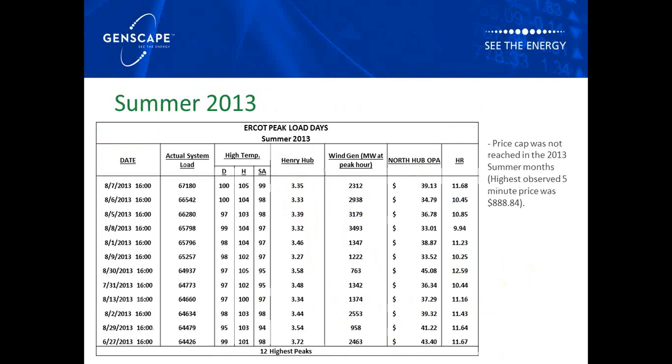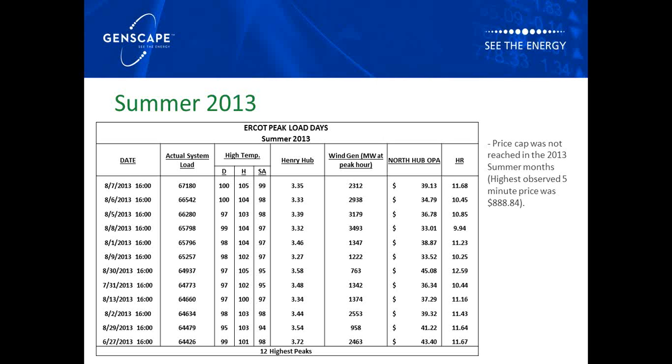So these were the top 12 peak load days of 2013. You can see 10 of them occurred in August, which is similar to what we're expecting this year. We have high temps across the board. In order to have extremely high load, we do need 100+ degree heat across all the major load zones. You can see the strongest day last year, 67.2, we had pretty much 100+ degree temps in three of the biggest cities in Texas.